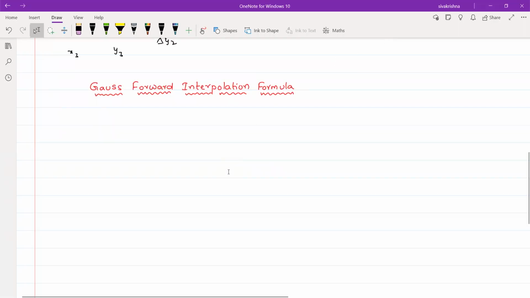Today, I am going to discuss some problems on Gauss forward interpolation formula. This is one of the methods used to solve problems in central differences. Okay, so coming to the statement,